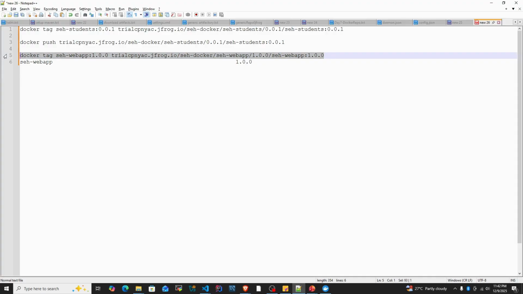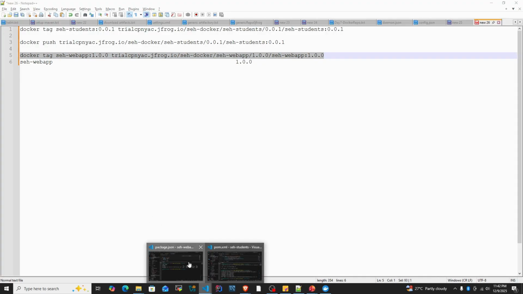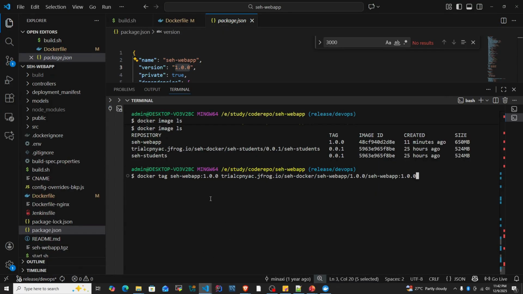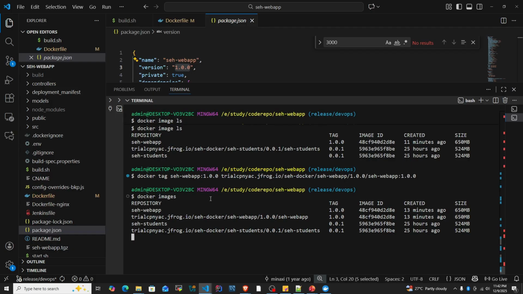Just copy this command and run it. So basically tagging tells Docker this image belongs in this specific repo path. If we run docker images,